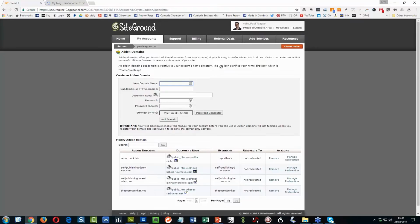We told SiteGround that we want the domain name and the content, the WordPress site that we're about to install, to lock together so that they're kind of married, if you want, they're holding hands. And that's all you've got to do. That's it. So we're now ready within our cPanel to install a WordPress site onto that domain name